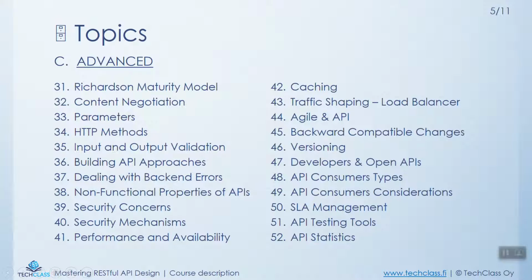And then finally in the advanced section, we're going to get familiar with the Richardson maturity model, content negotiation, parameters, HTTP methods, input and output validation, how to build API approaches, and then dealing with backend errors, non-functional properties of APIs, security concerns, security mechanisms, performance and availability, caching, traffic shaping as a load balancer, how to actually use a load balancer and what a load balancer is in a project, agile and API, well, the purpose of using agile methodology in